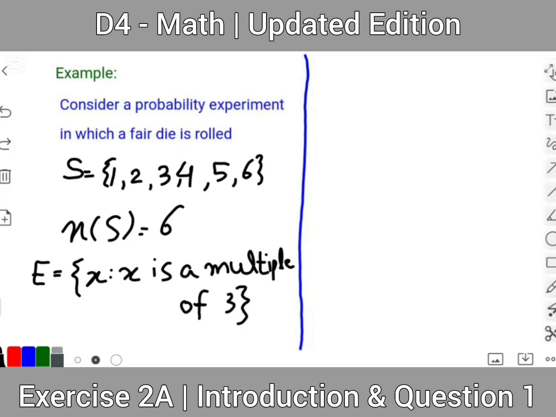Since the multiples of 3 in the sample space S are 3 and 6, the favorable outcomes are 3 and 6, and the event E can be written as